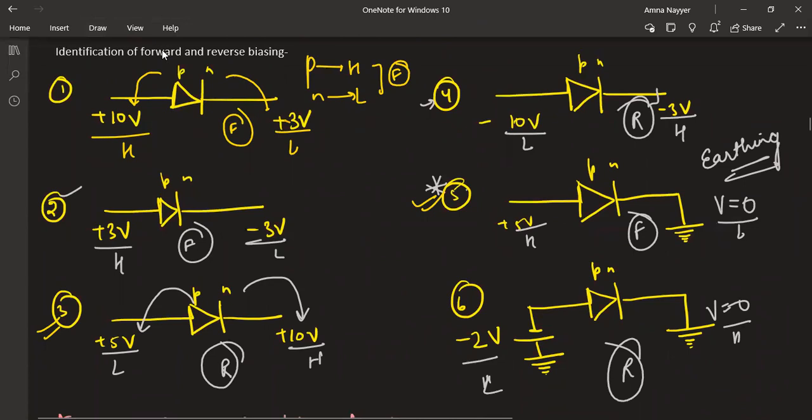So yes, those who have joined just now, how do we identify forward and reverse biasing when it is not easily identifiable by just looking at the cells? P type is connected to the higher voltage, N type is connected to the lower voltage, we call it forward biasing. And when the reverse happens,